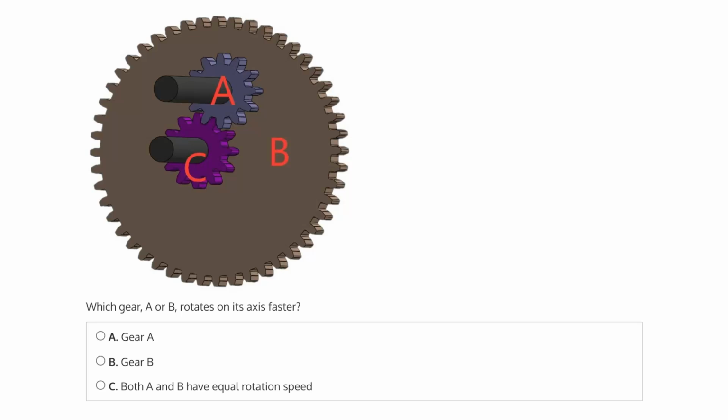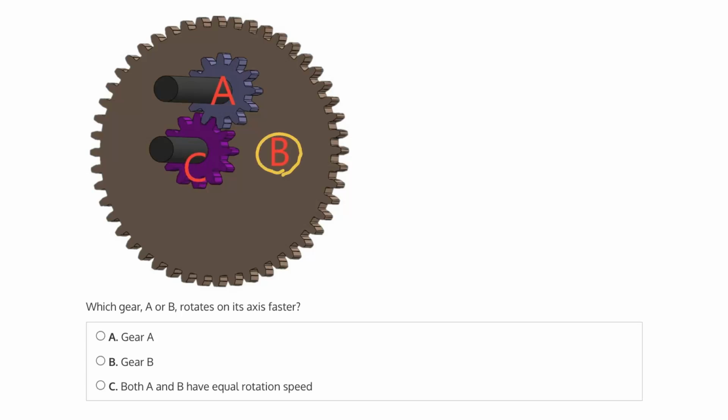This question says, which gear, A or B, rotates on its axis faster? Is it gear A, gear B, or if both A and B have equal rotation speed, then mark C. So here we have gear A, which is directly meshed with gear C, and then here we have gear B,